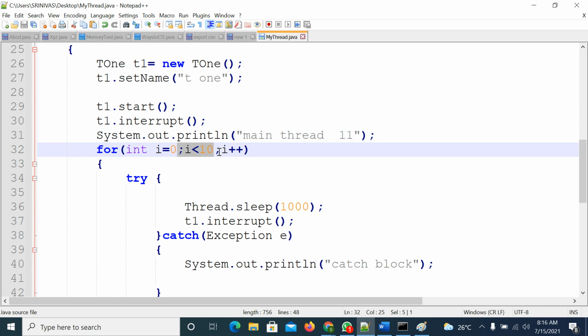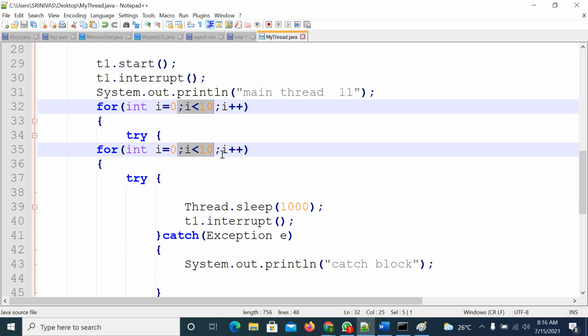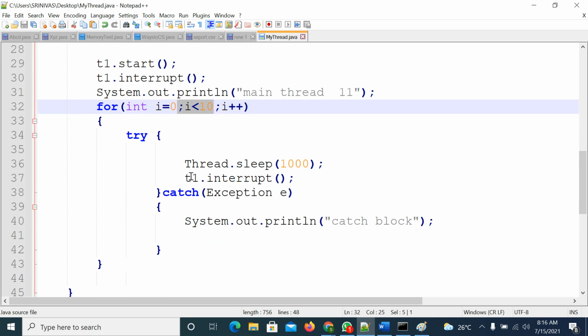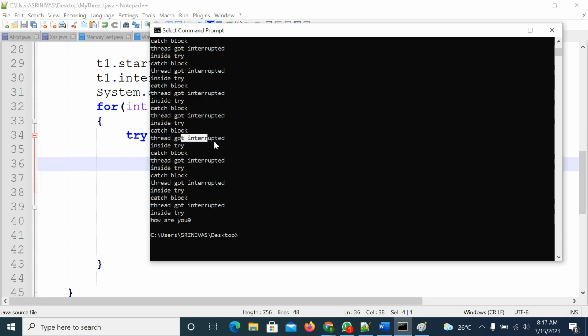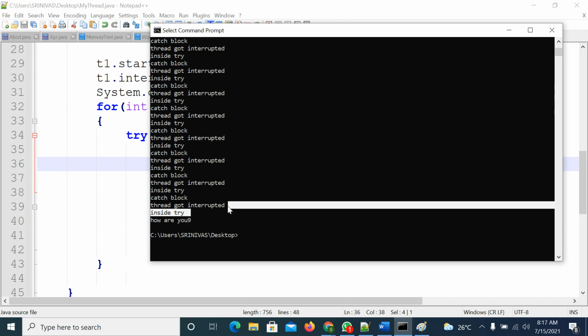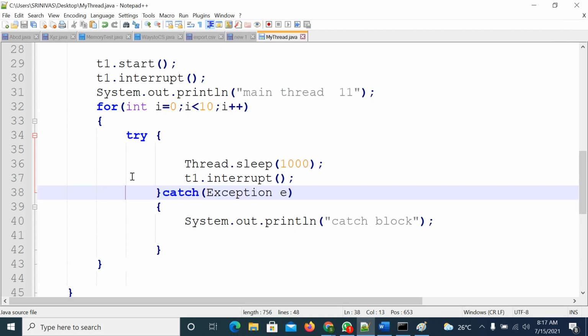You want to interrupt 9 times, so you keep on repeating it and call the interrupt method by waiting 10,000 milliseconds. If both are in sync, then the thread will be interrupted. That's why you are getting this result. All are interrupted, so it goes to the catch flow. I hope you got the point, right?